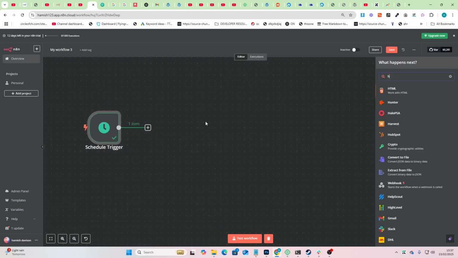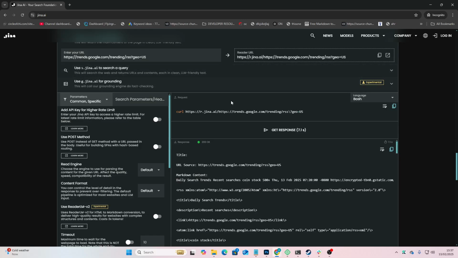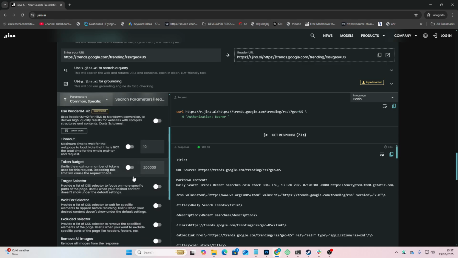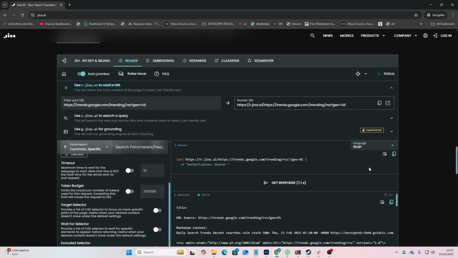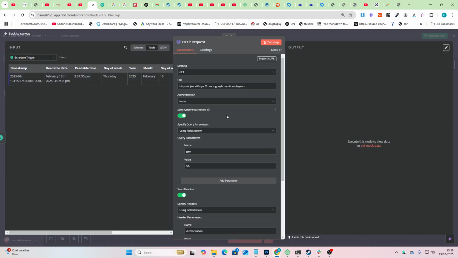We'll press plus here, go to HTTP and then HTTP Request. What you want to do is add a couple of things here, so add the API key. Then you press copy here, import curl, paste, and import like that, and then that's actually done. Now if we press test step,